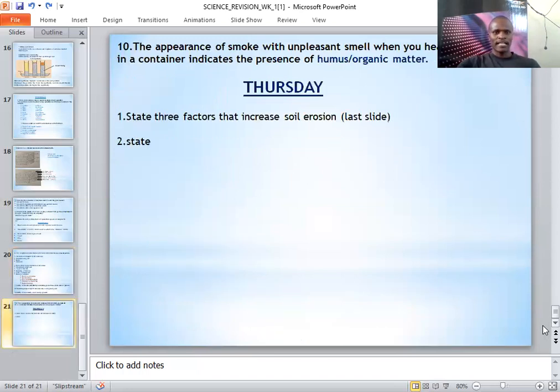Number 10, which was the final one, before we go to Thursday that we are going to do in our next lesson. The appearance of smoke with an unpleasant smell when you heat soil in a container indicates the presence of, I think, the same question that was asked in Moi First Academy. You said that when that happens, then you conclude that there is presence of humus or organic matter in soil. Therefore, my learners, we have come to the end of this lesson for today,